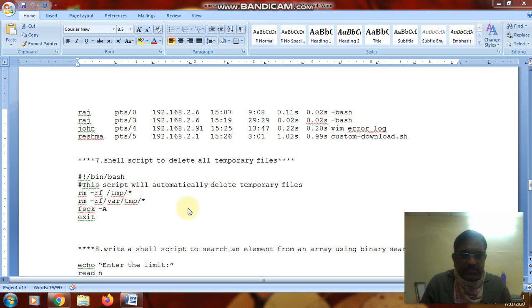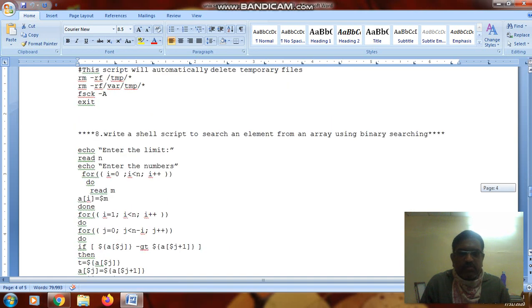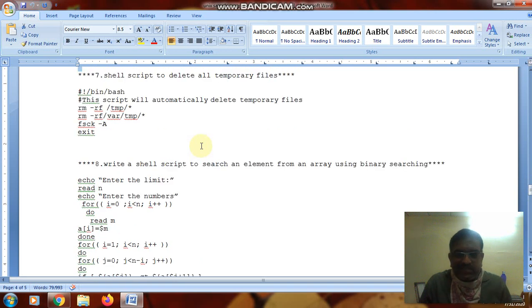Once you remove all the temporary files, the memory can be freed and we can do any transaction successfully. So that is the program regarding the shell script to delete all the temporary files. After the program to remove the temporary files, you have to concentrate on the eighth program,